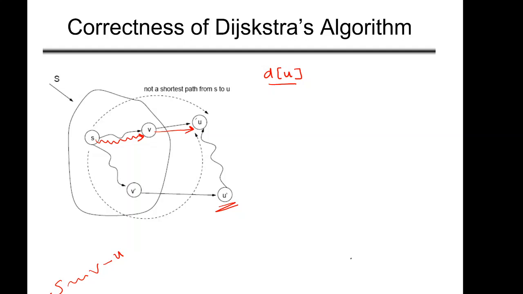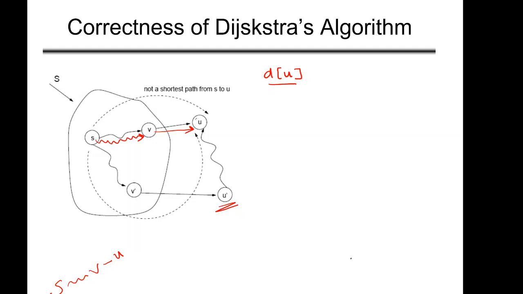We have seen the theorem which says that if there exists a shortest path from any vertex in this set, and you relax all those vertices, and there is an edge from V dash or V to U, then definitely it will give you the shortest path. So the shortest path is not from any vertex inside S, because we have already relaxed all those edges. Definitely it is somewhere outside. Let's assume that it is from u dash.